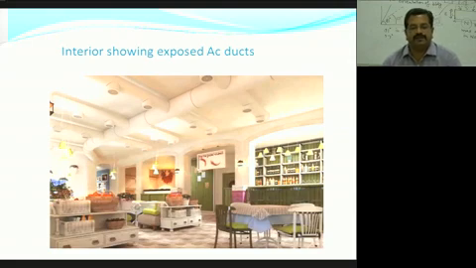This image is showing exposed AC ducts. Sometimes if we don't want to cover our ceiling through a false ceiling, then we can design it with the help of exposed ducts, so that we will be getting full height of the ceiling. अगर इसी जगह पर हम फॉल सीलिंग लगा के इन डक्ट्स को कवर करते तो यहाँ पर हमारी हाइट कम हो जाती। तो इसमें दोनों तरह के एडवांटेजेस हैं। इसमें हमें हाइट भी पूरी मिल जाएगी, और एक्सपोज डक्ट का जो स्ट्रक्चर है वो विजिबल होगा और वो इंटीरियर का पार्ट बन जाएगा।